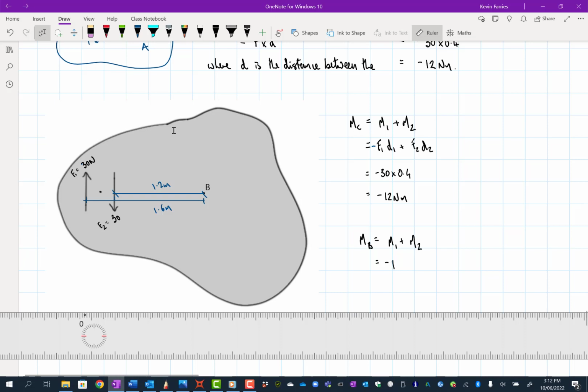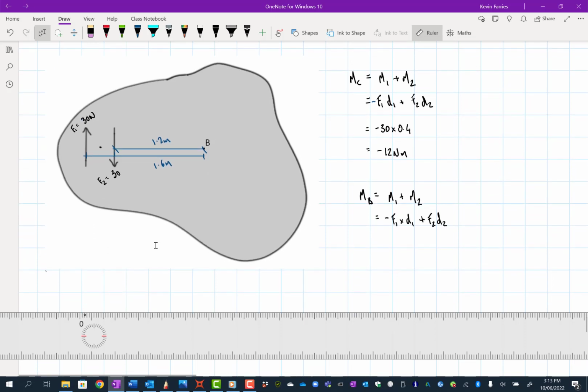So negative F1 times D1. And this force, it's going this way around B, so that's going to be anti-clockwise, so it's positive, plus F2 D2,